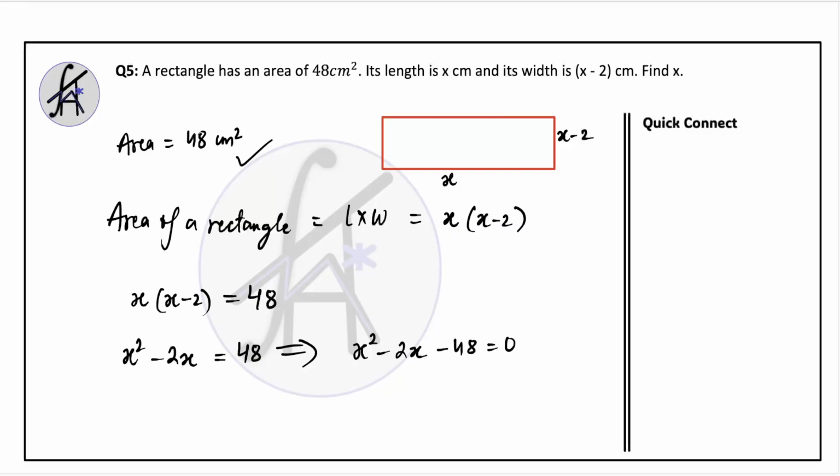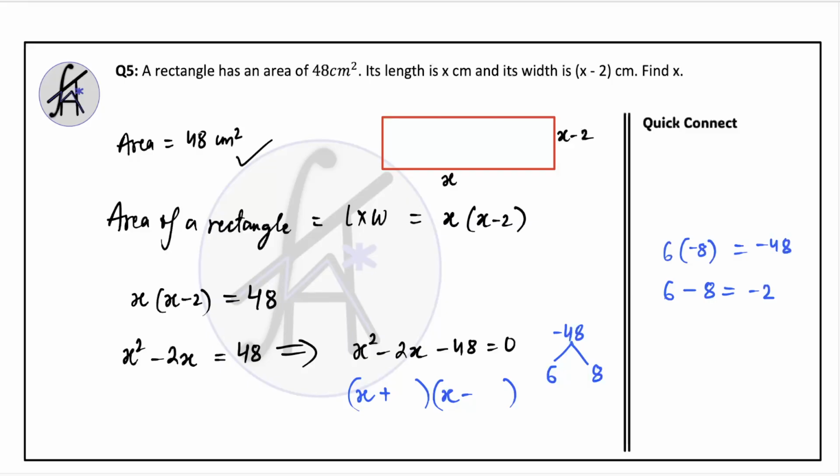Okay, what multiplies to give you minus 48, what adds to give you minus 2? So I think because it's a negative sign, definitely we will be having different signs, one positive, one negative. Now what two numbers, when you multiply them, give you minus 48, but add to give minus 2? So normally 6 and 8 multiply to give us 48. We have to make it minus, so one has to be minus. So if you do 6 minus 8, that gives you minus 2, and 6 times minus 8 gives you